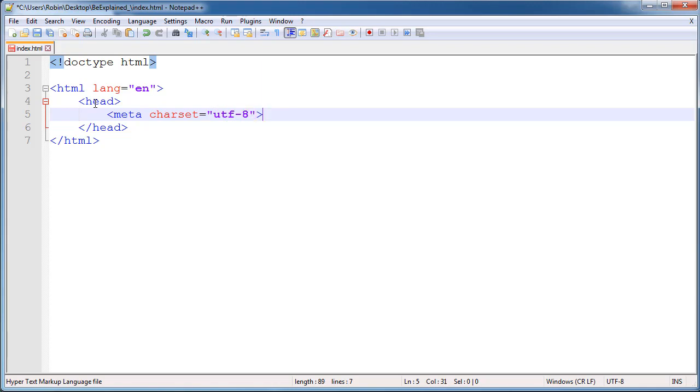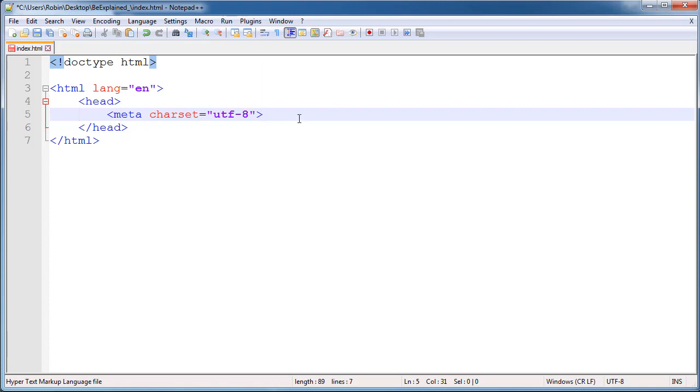Charset means character set, and in this case we are using character set UTF-8, and this is the character set that you will want to use 99% of the time you are creating a website. If you are using a different character set, you will probably have a very specific reason for doing so, and you probably know why. The character set meta information is optional, but just like setting the language to English, it's a good idea to include. So we will go ahead and save that, and you will notice that the meta tag